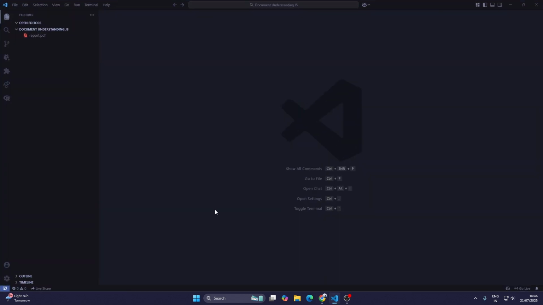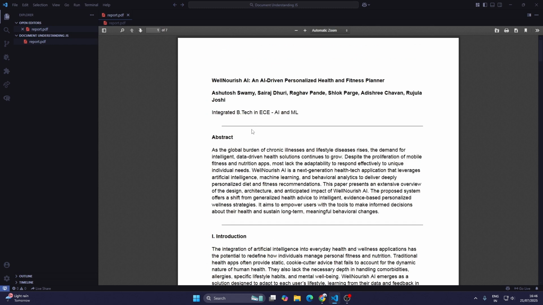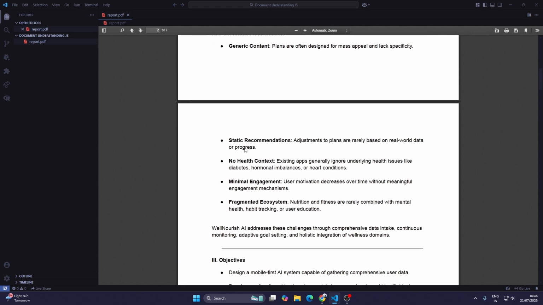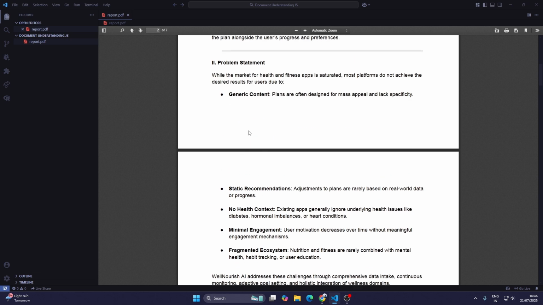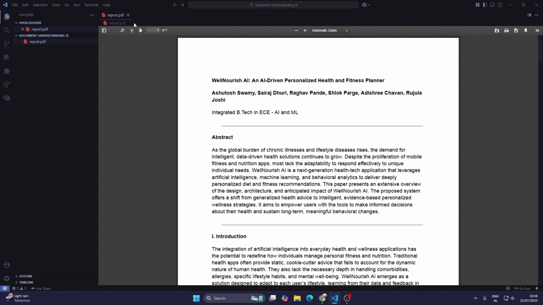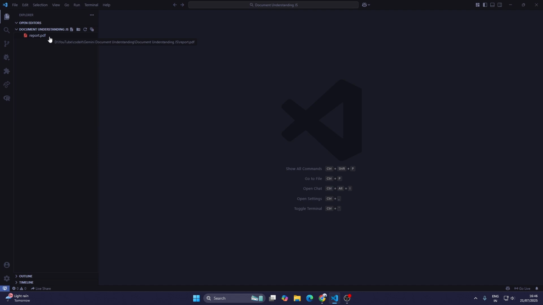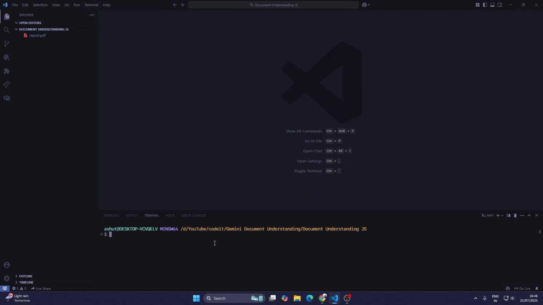So open up your Visual Studio Code and make sure you have a PDF. I'm going to use the same PDF which I used in my Python video, which is the report of our app which we made for a hackathon. So we are going to use that, and I'm going to open up the terminal and initiate a new npm project. So type in npm init